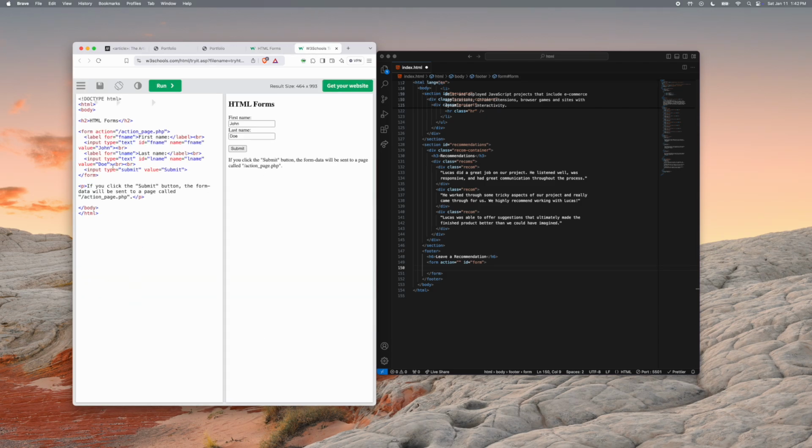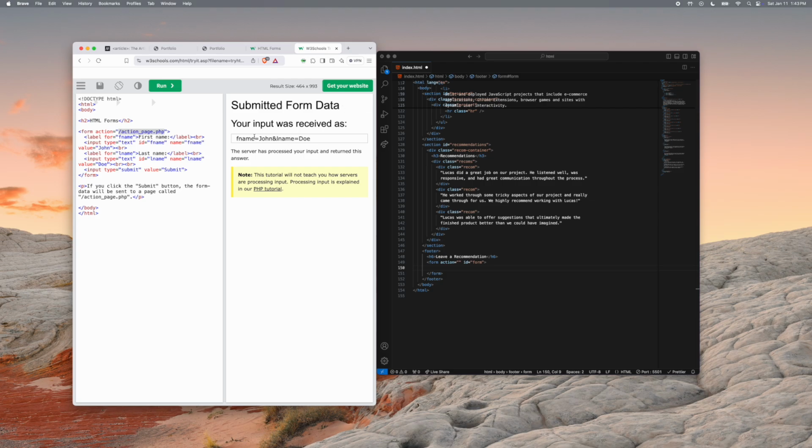So as you can see, you're just going to have your basic form. Boom, look at that. Actions, PHP, and this is just going to be like an example. And if you hit submit, it says your form is received as. So in our case, the value, so it should have a value,